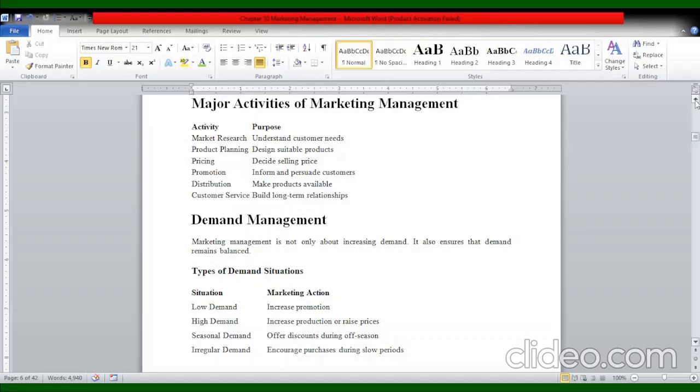For seasonal demand, offer discounts during the off season; during Diwali and Dussehra you obviously observe seasonal demand. Seasonal demand will increase the demand for particular products or services, so that you can decorate your house, or present someone with different goods and services at different periods of time. So this is how seasonal demand also matters. Offering a discount during the lean period or off season will help you balance your demand.